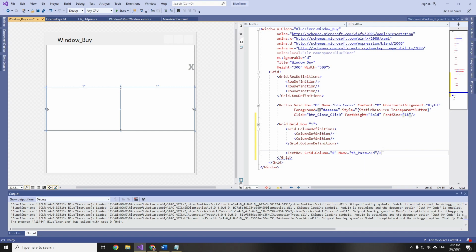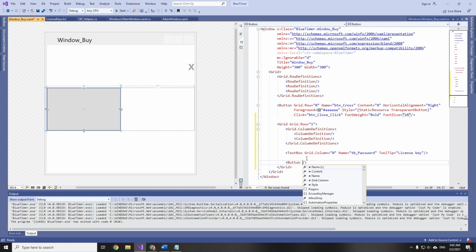We don't really want it to be super obvious for people with malicious intentions. Next, the tooltip will be license key. Then we will have a button to submit. So put it in grid column 1.